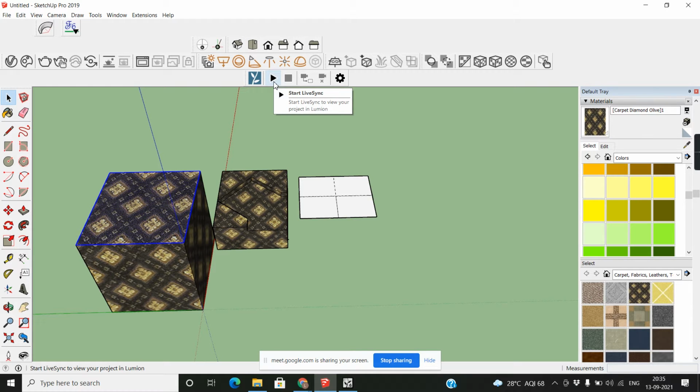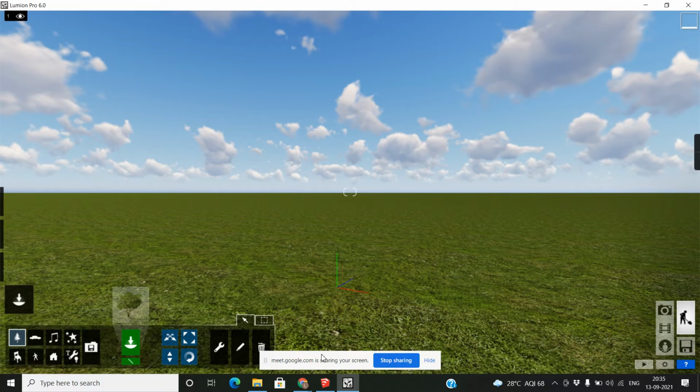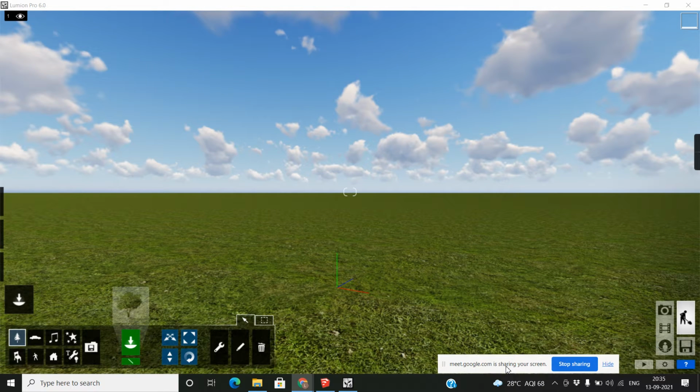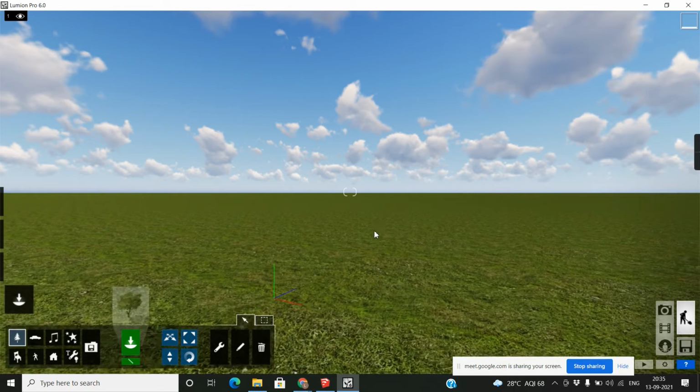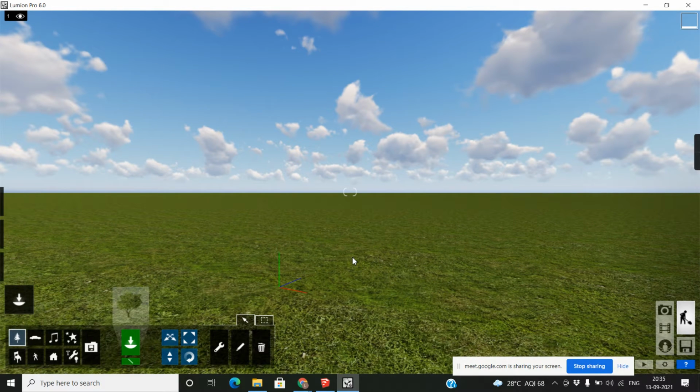When you click play, your Lumion will start, and whatever you change over here will be uploaded directly to Lumion. Before that we didn't have this tool, so we needed to save and export again and again. But we have this Lumion synchronizer, which works with up to version 8.3, and it's not working with 6. If you install version 8 or 9, you will get this, and I'll explain everything over there, so don't be worried about that.